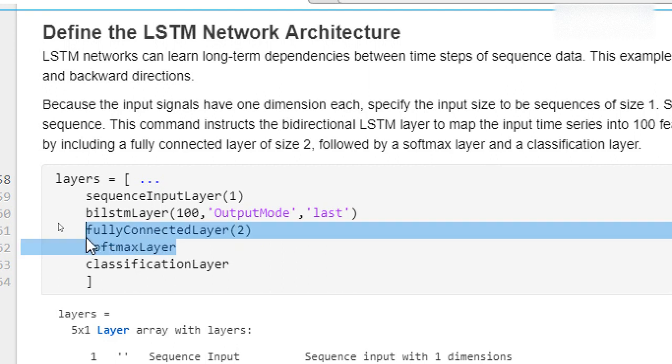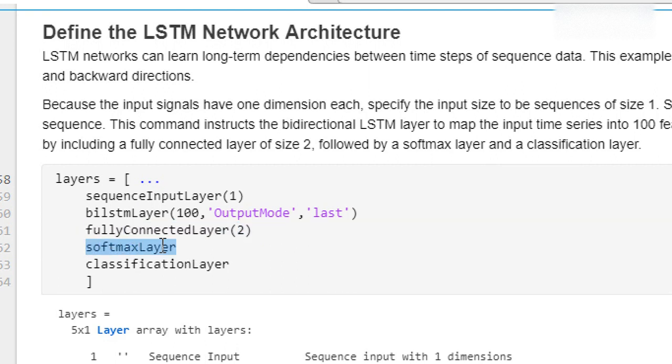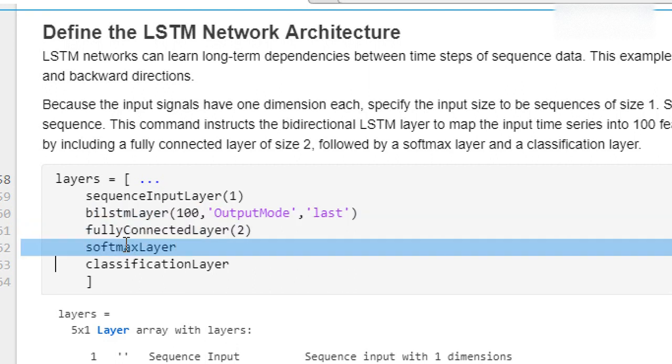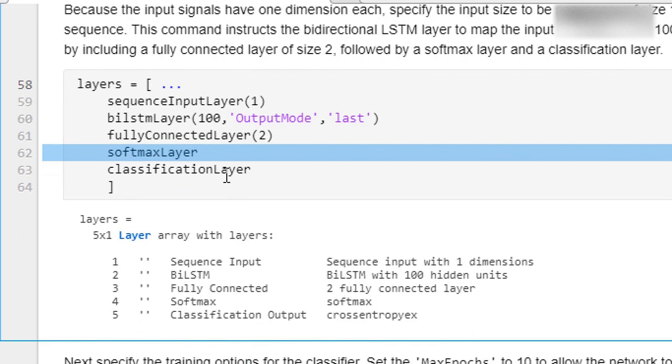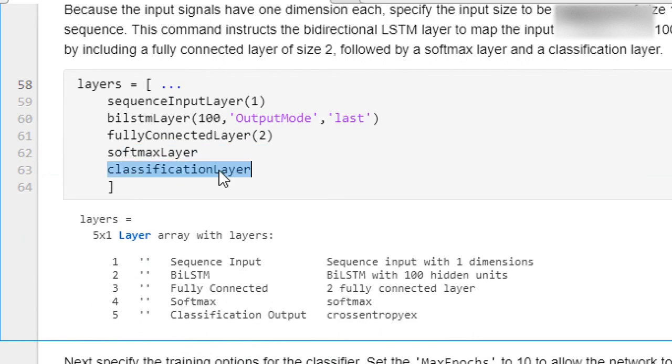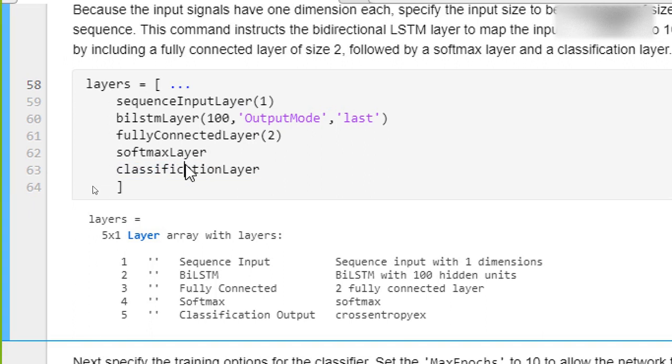The softmax layer detects the probability after the fully connected layer. Let's say the abnormal probability is higher than normal, then it will classify as abnormal. If the probability of normal is higher than abnormal, the output will be normal. So the classification layer classifies based on the probability.